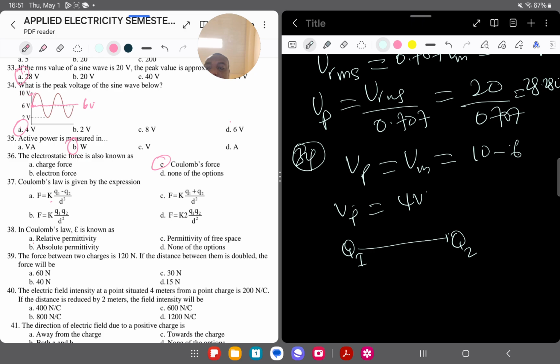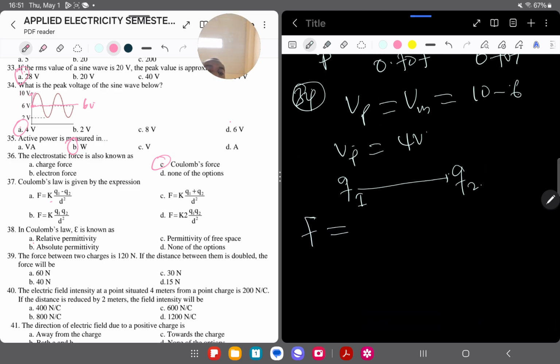Coulomb's law is given by the expression. Okay, so we have Coulomb's law is given by the expression. We know, like I just indicated earlier. Okay, let me refer to this. Let me use small letters for the charge. I have charge 1 here and charge 2, right? To find the force,